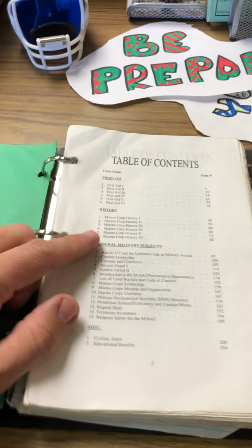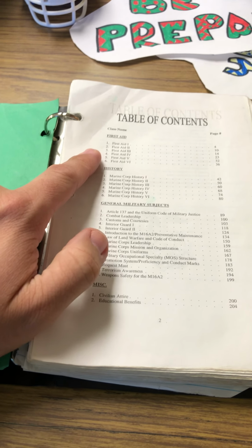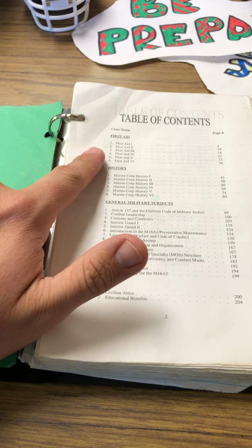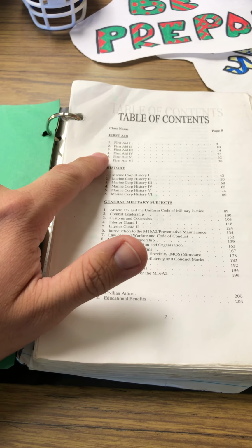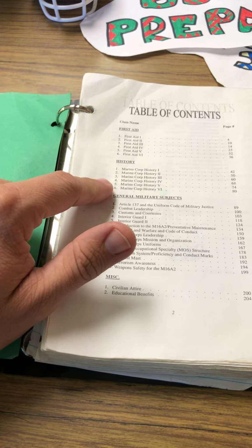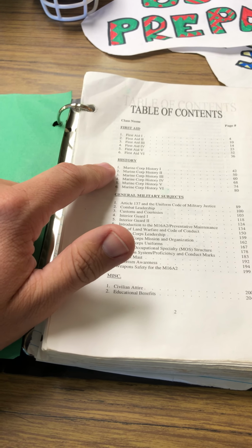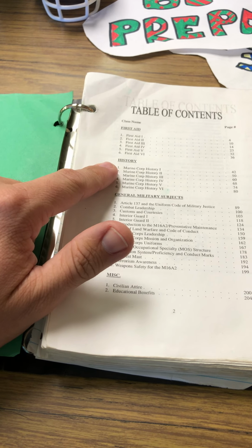And recruit knowledge. So this is the book portion of it. You've got first aid, and the first aid is more extensive than just regular first aid. This talks about how to deal with trauma. In the burn section, it even talks about how to deal with white phosphorus. You've got military, specifically Marine Corps history. So it talks about how and when it was founded,